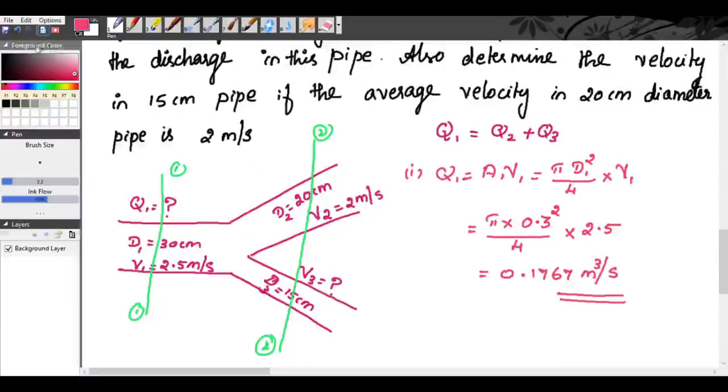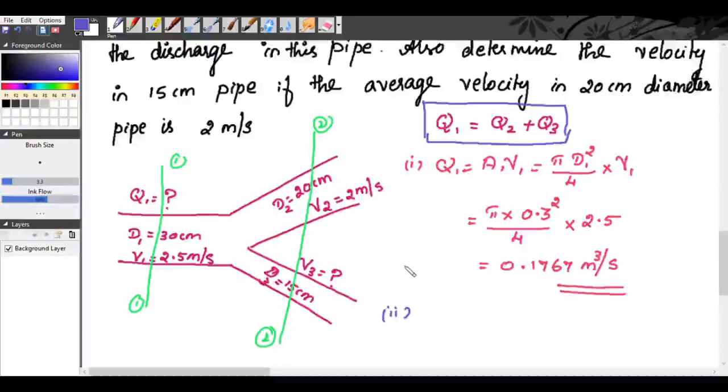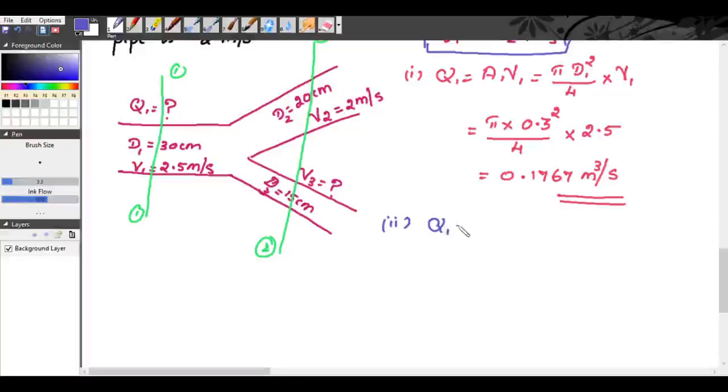So the first part is over. Now we will move on to our second part. The second thing is we need to find what is V3. For that we will use this concept, that is Q1 is equal to Q2 plus Q3. So our Q1 is equal to Q2 plus Q3. So we get,